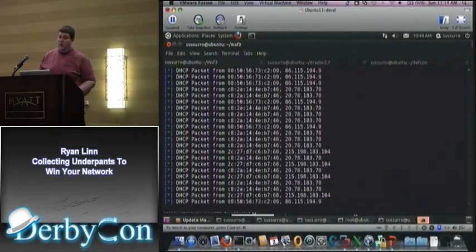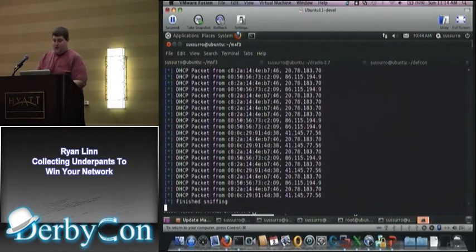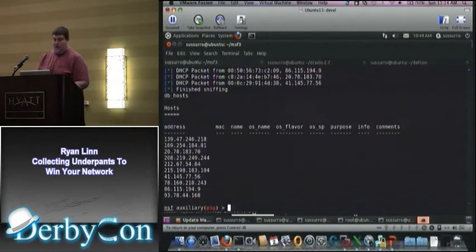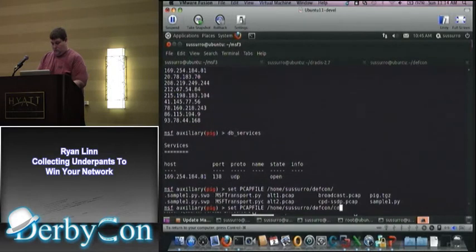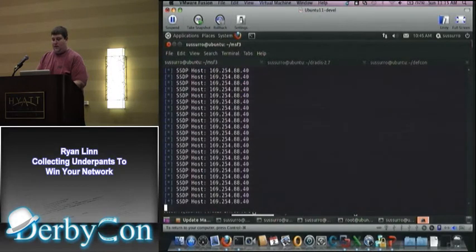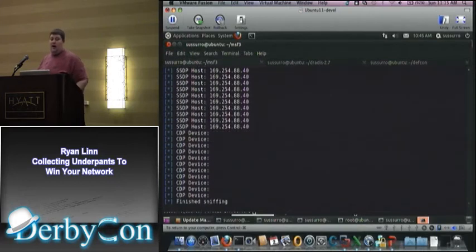So once these are all loaded, we have the ability to go back and look at our hosts. And so we can see that these are the individual hosts that we found. So we can also look at services that were there. So let's load one more file. And so this one has CDP and the Simple Service Discovery Protocol, which is network plug and play. And so we can see that there are now new hosts